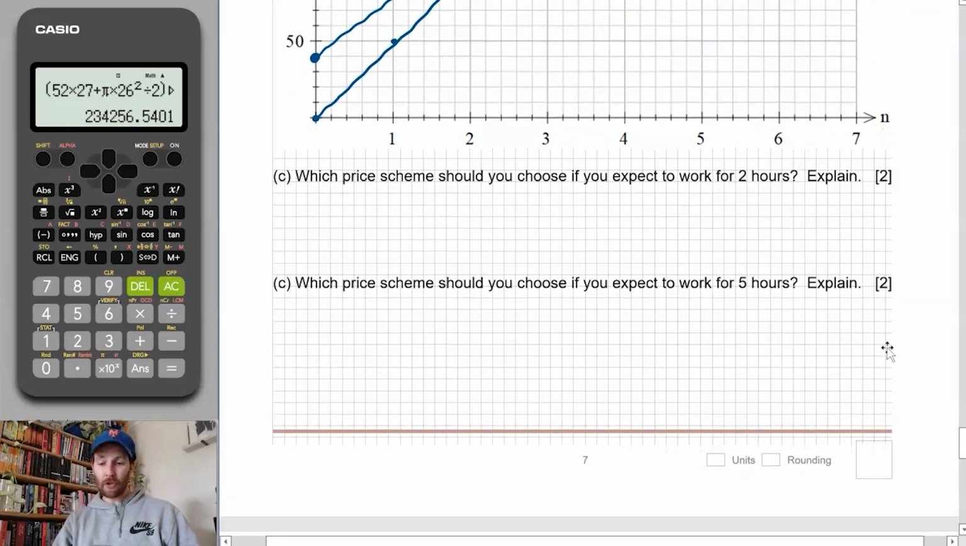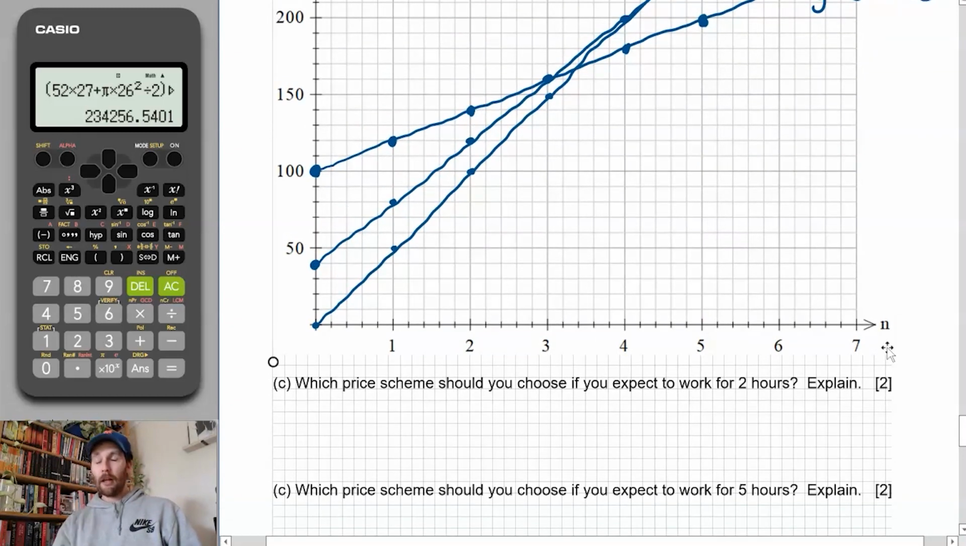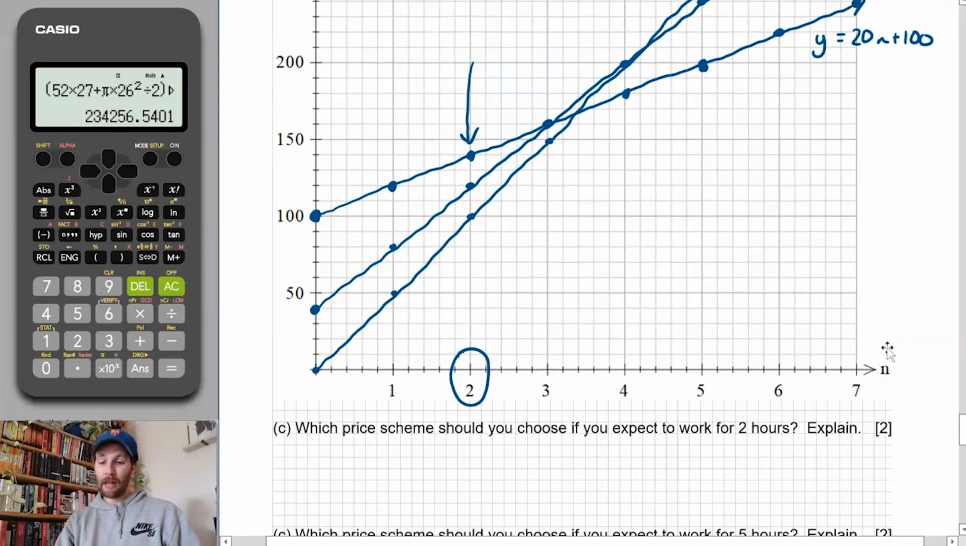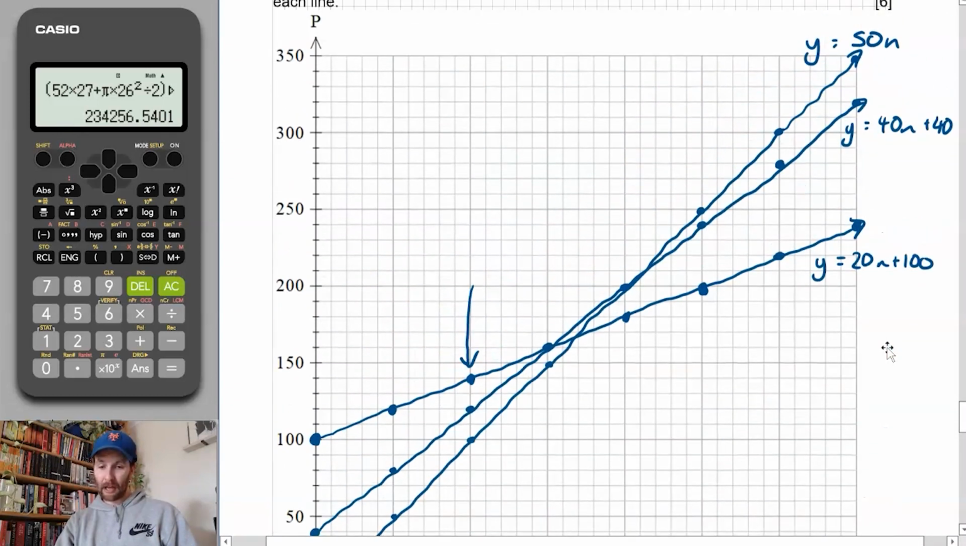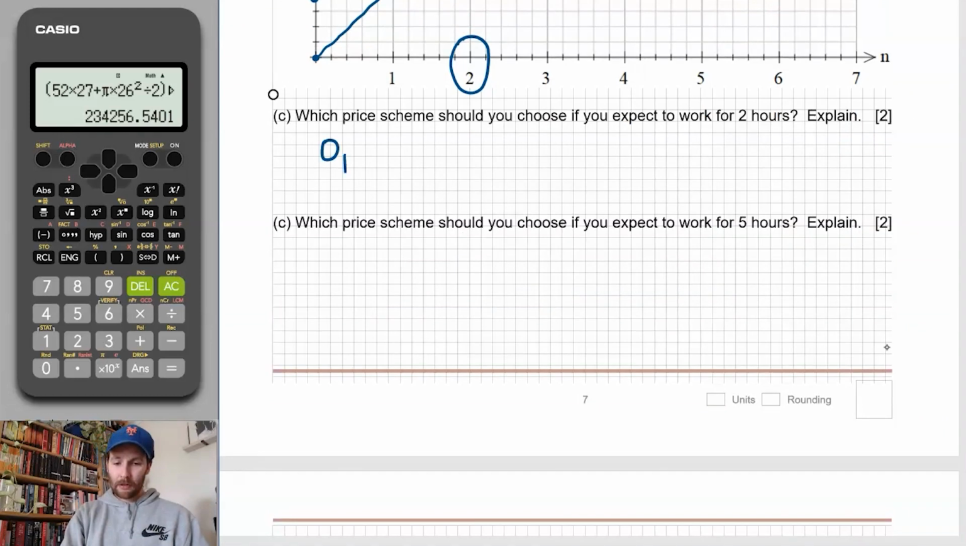What price scheme should you choose if you expect to work for 2 hours? Okay. You want to choose the one that's the most advantageous to you, right? So after 2 hours, you want to pick the one that gives you the most amount of money, which is that one. And reading off the graph, that is y equals 20x plus 100. I'm pretty sure that was option number 1. So you answer here, option 1, and y